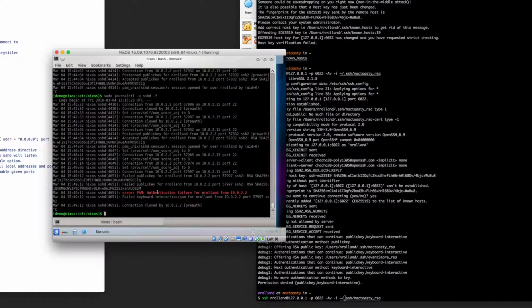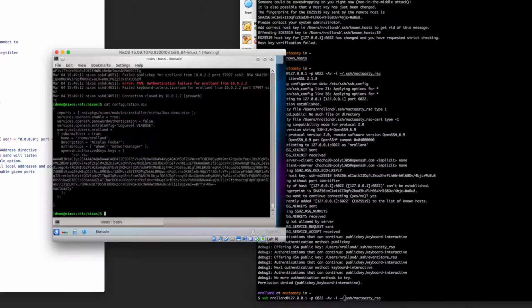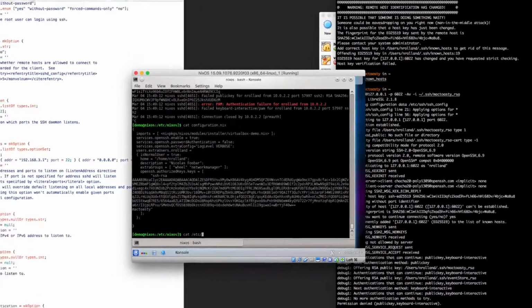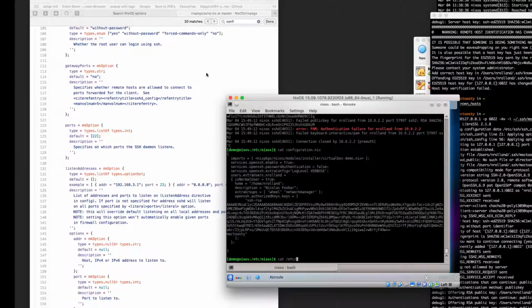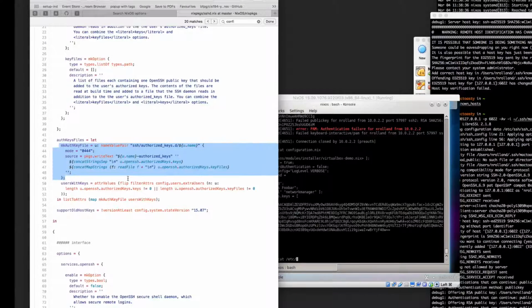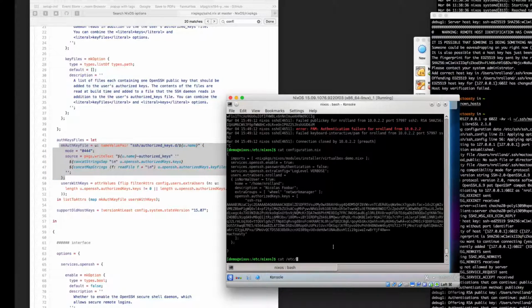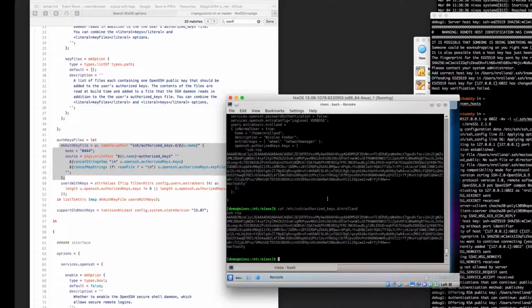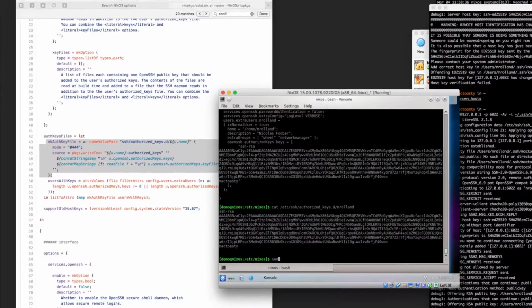We had seen that the configuration file, as asked by the sshd.nix expression, makes an authorized key file and puts it here, authorized key enroll, and that's the same. It looks very good, but it only almost looks good. If you really look into the details,